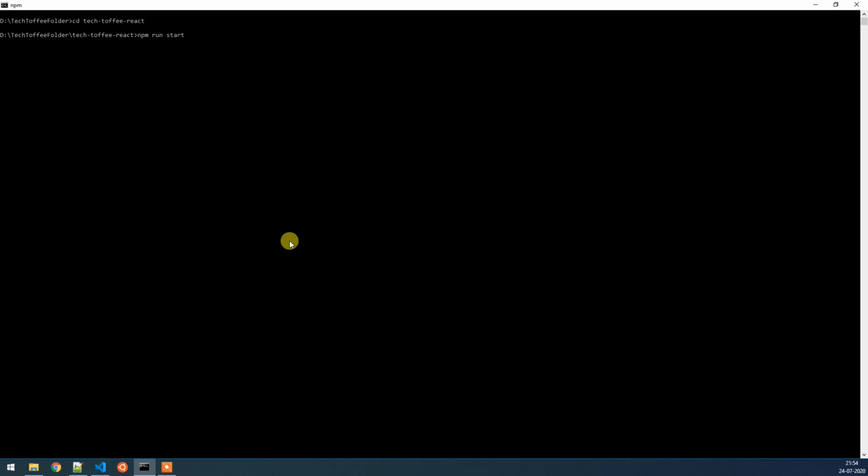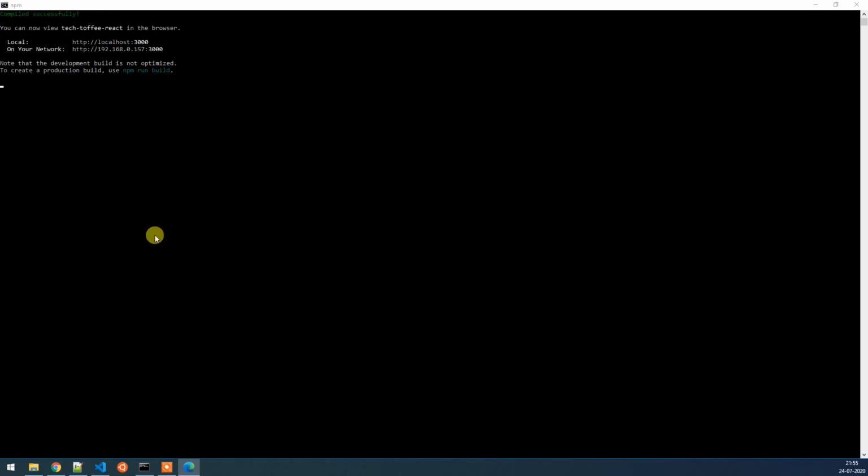It will start the node server on your machine. As you can see, it is saying that the server started at port 3030 of localhost.